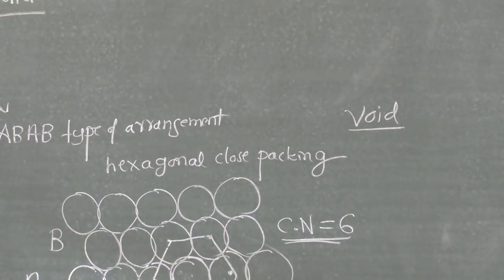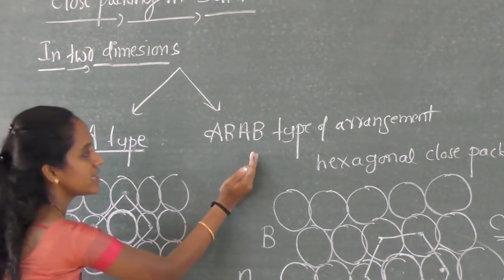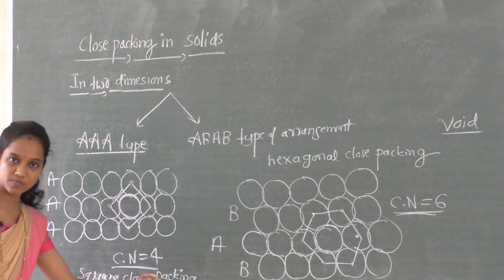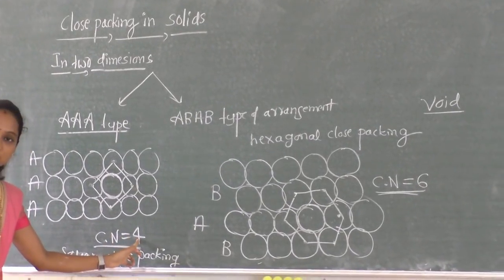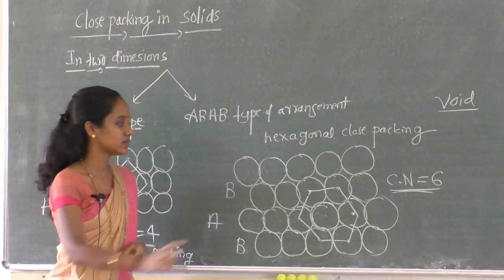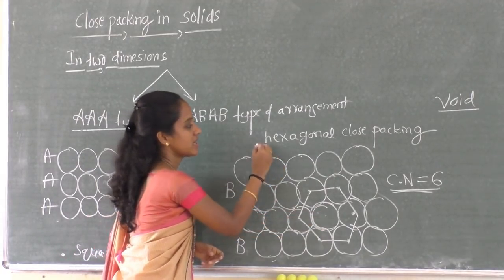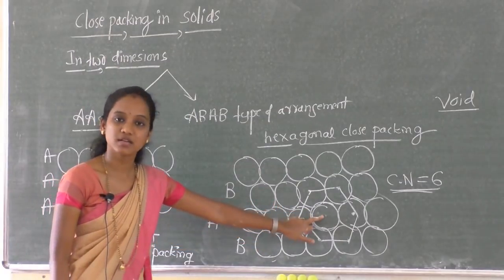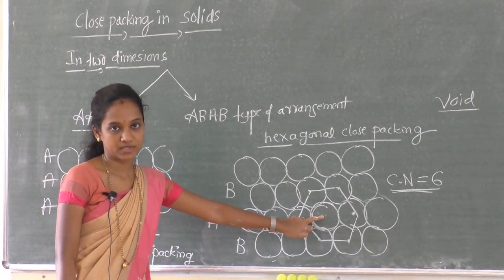So this is about close packing in two dimensions. We have two different types. One is AA type, which is also known as square close packing, where the coordination number is equal to 4. And one more type is AB type of arrangement, which is also known as hexagonal close packing, and the coordination number is 6 here. Clear? Now,